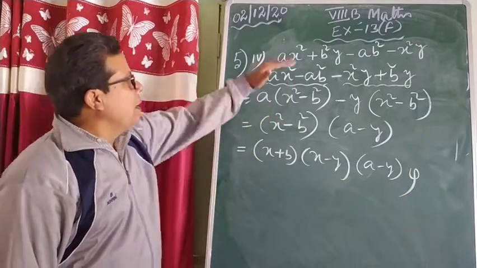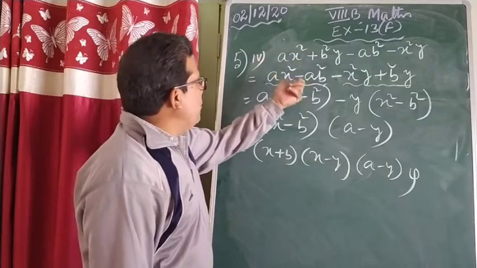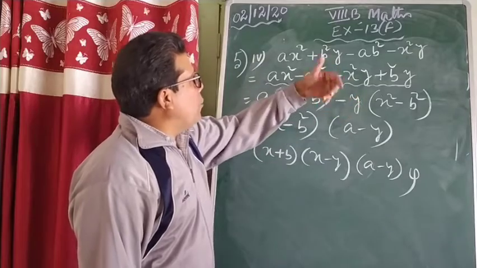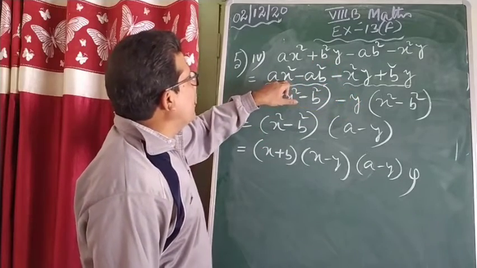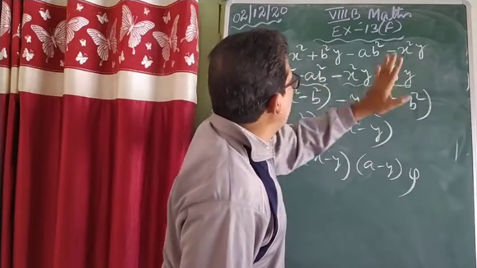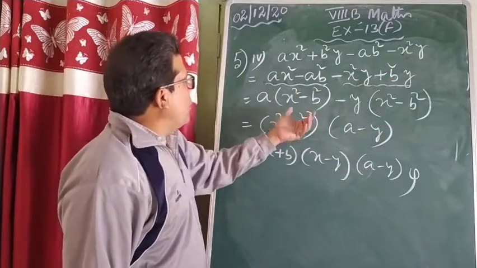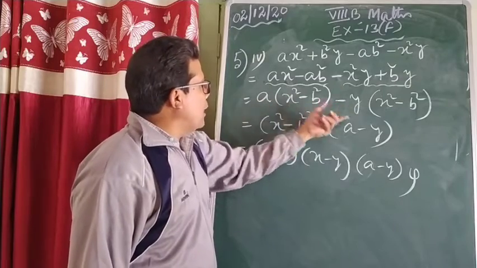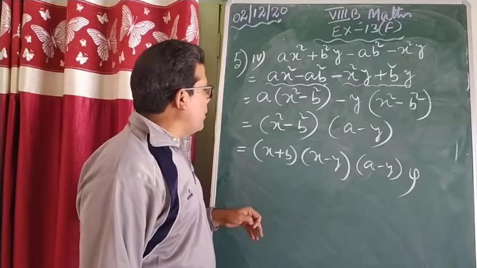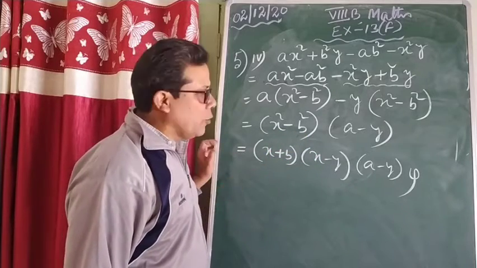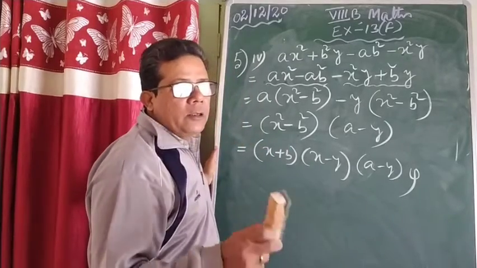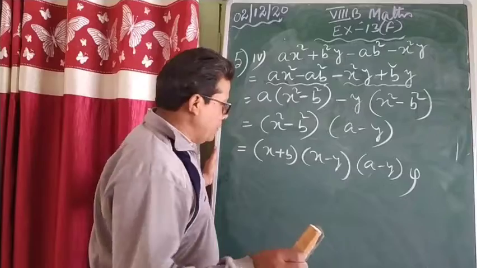So what have I done? I grouped them. How did I group them? First with third, and then I arranged second with fourth. But when I am going to arrange second with fourth, notice here the first one x square is there. So this x square I brought here, and this one I have given there. Then after taking the common, I noticed both the bracket one is same. Outside one again. Now this is again coming in the form of a square minus b square. So anything in the form of a square minus b square, write it a plus b into a minus b like that. Okay.